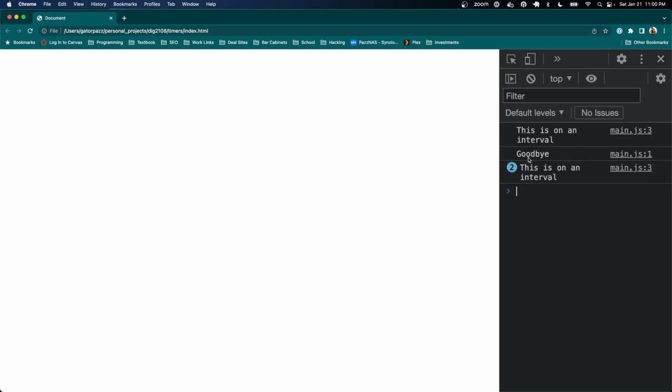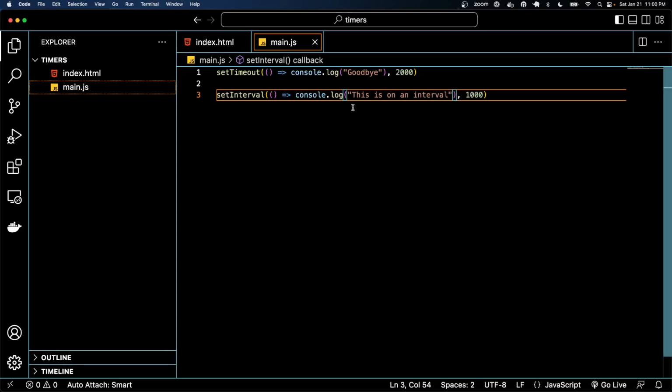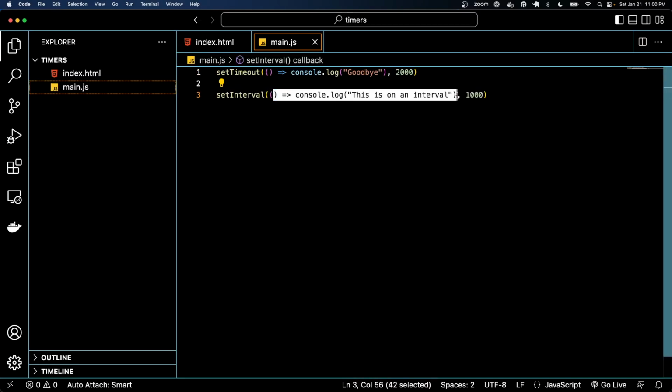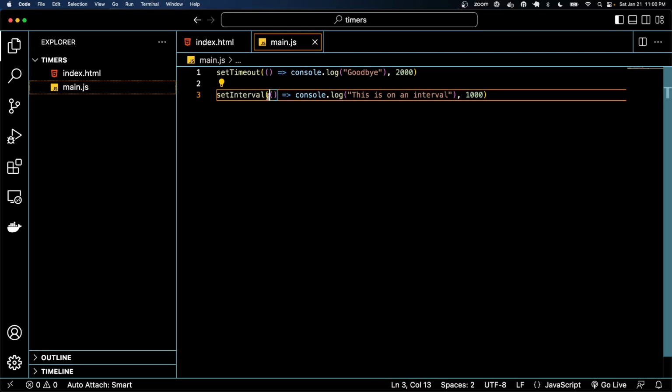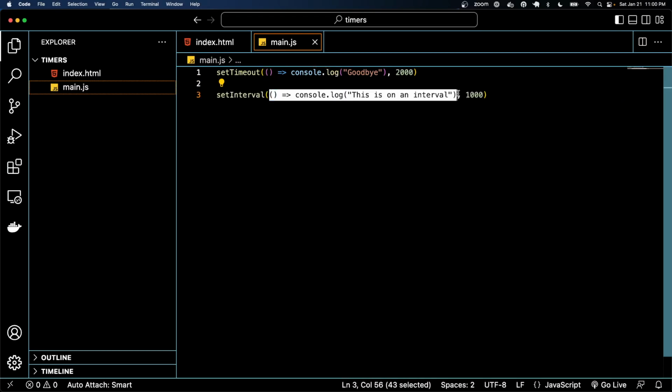This is on an interval. There's our goodbye message. And you can see here that "this is on an interval" fired again, and this number is ticking up. That's showing the number of console logs that is happening. So you might not be surprised that setInterval is like setTimeout, except it continuously runs this code on an interval, hence the name setInterval. So this code will fire this function every second, again and again and again,